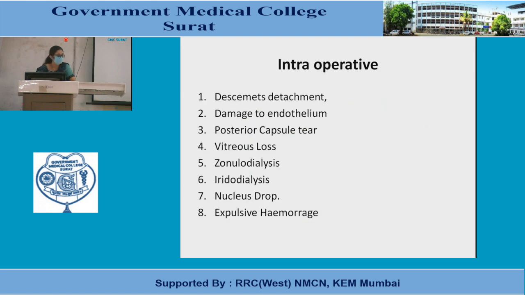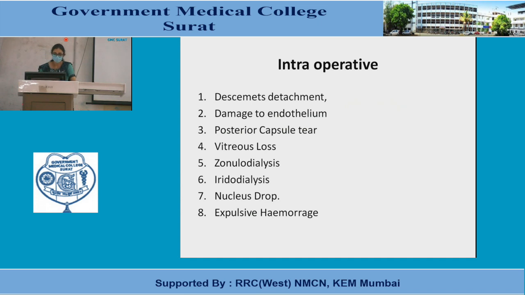Then coming to the intraoperative complications. While operating, usually there is either damage to the corneal structures, that is the endothelium, or Descemet's membrane is detached. Or after removal of the nucleus, or while irrigating or washing the cortex, you damage the posterior capsule. So you have vitreous prolapse, or a dropped nucleus, because through that opening in the posterior capsule it completely drops into the vitreous cavity. Or if you are doing a very traumatic cataract or a hypermature variety, you can cause a zonular dialysis.